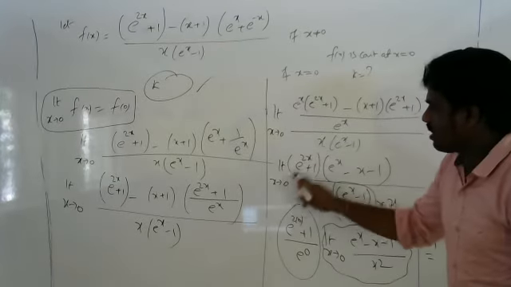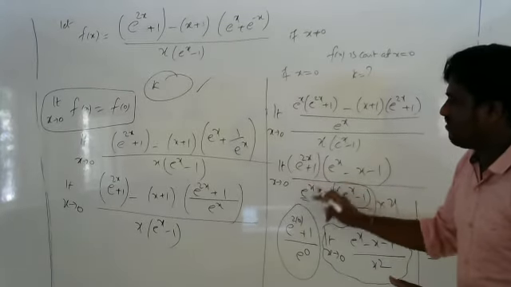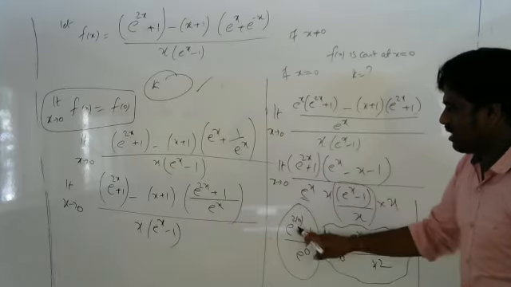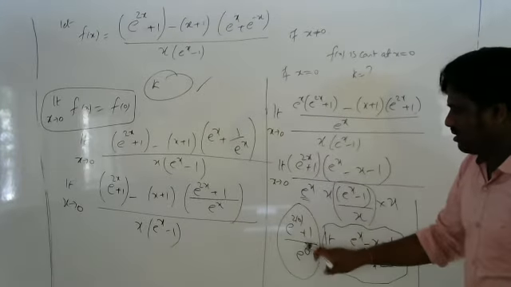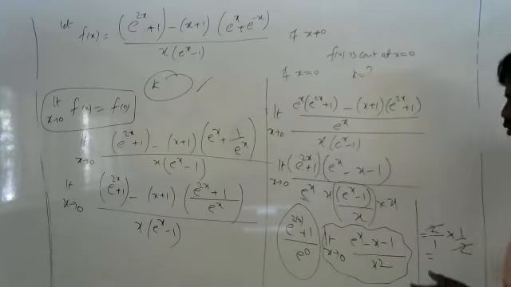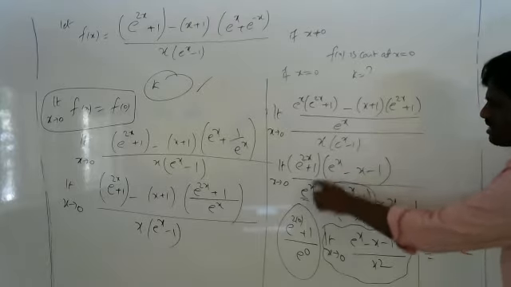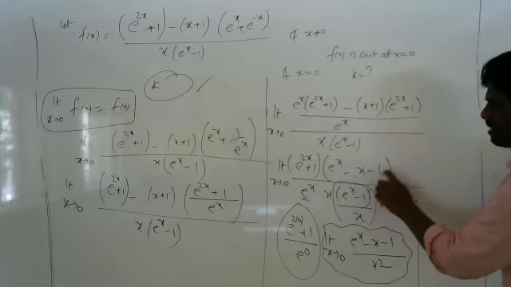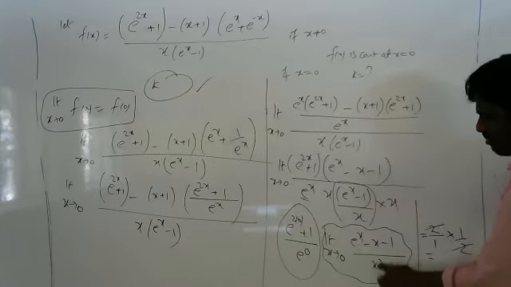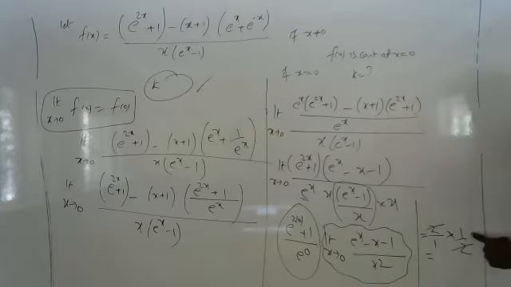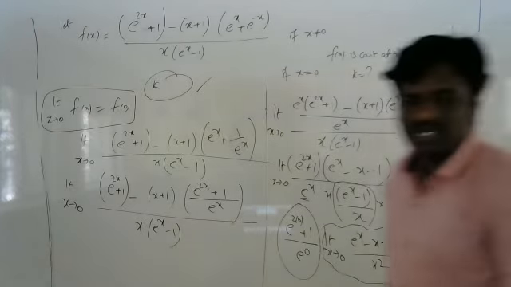If I substitute the limit in this, I am not getting an indeterminate form. So I can substitute e power 0 directly in this. So you are going to get this value is 2. And you know this is a special limit: e power x minus 1 by x into x is x square. It's a special limit, the value is half. So 2 cancel, answer is 1. So k is equal to 1 is the answer.